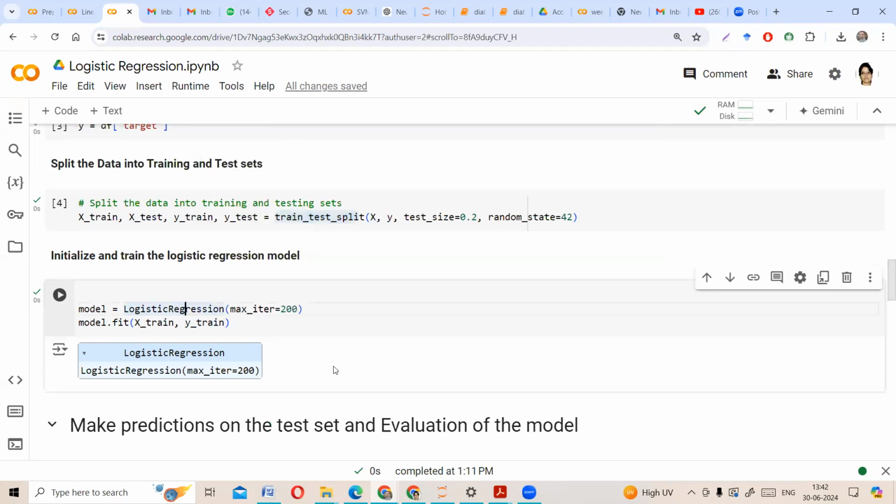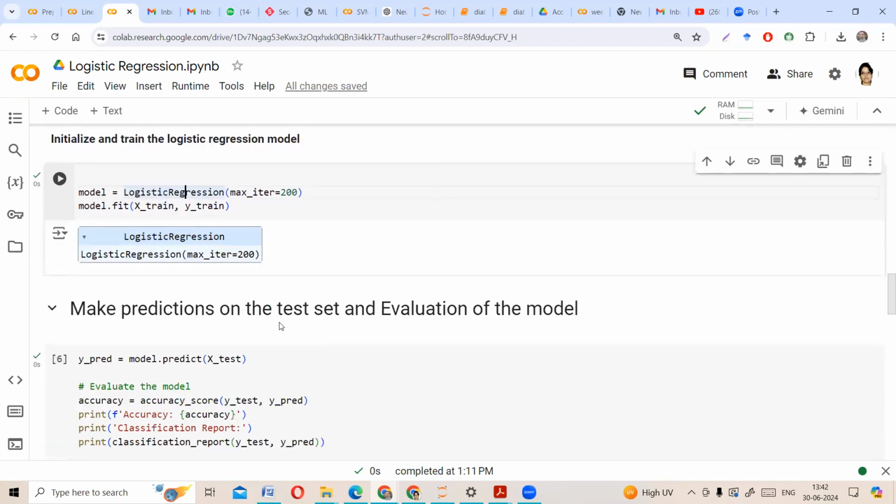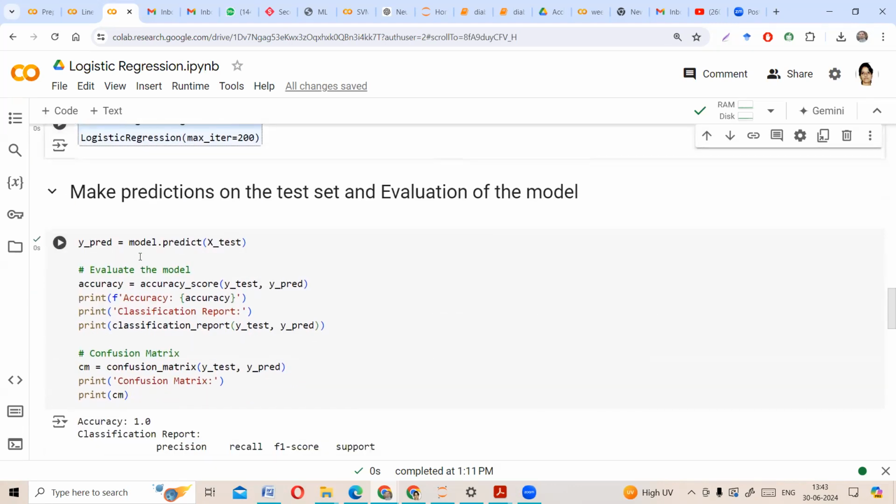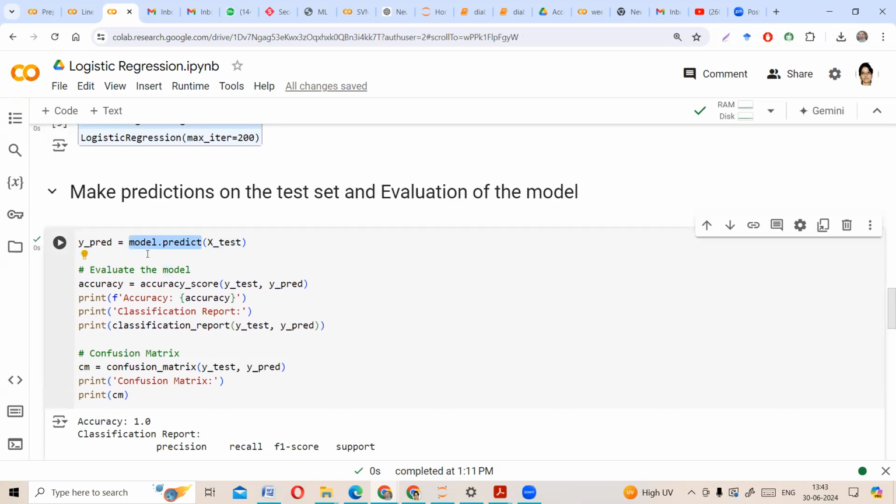After building a model, now I want to check how well my model has been trained. So I want to predict my results on the test data, as well as evaluate the performance of my model. What I have to do is use the test data here. So I'm using model.predict, doing the prediction on the test data, which consists only of